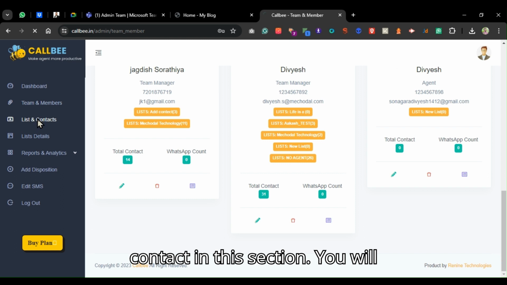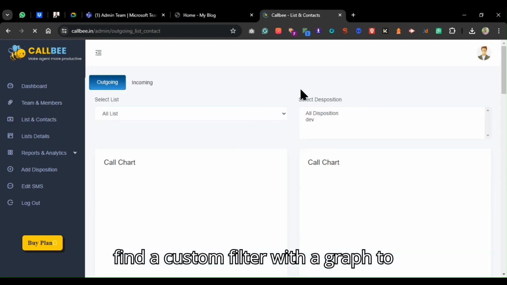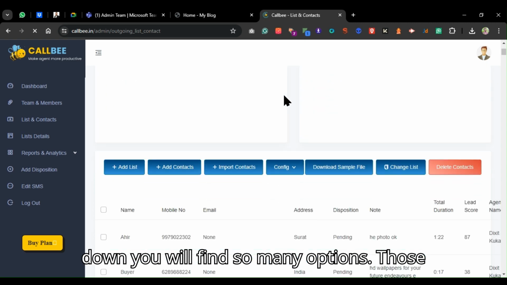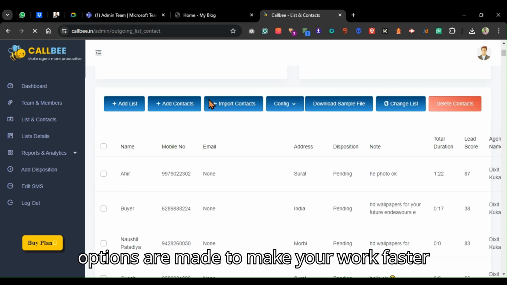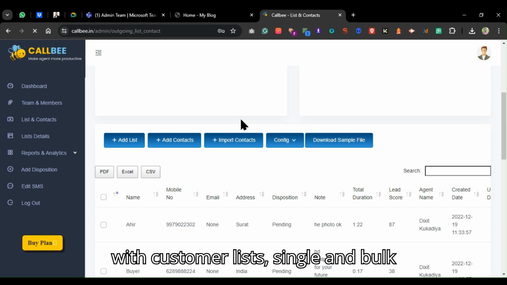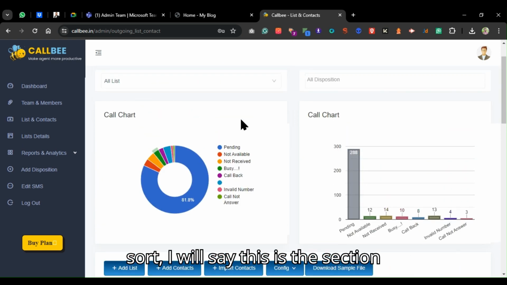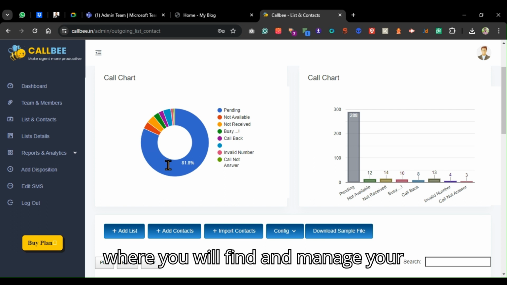In this section, you will find a custom filter with a graph to check your data easily. As you scroll down, you will find so many options. Those options are made to make your work faster with customer lists, single and bulk contact imports. If I need to explain in short, I will say this is the section where you will find and manage